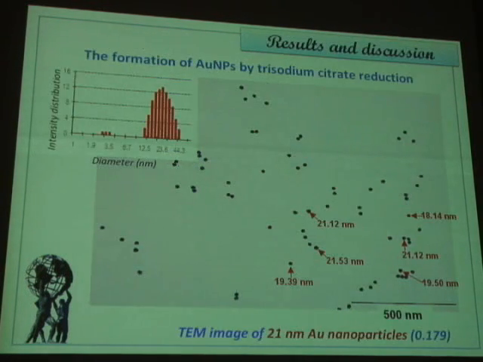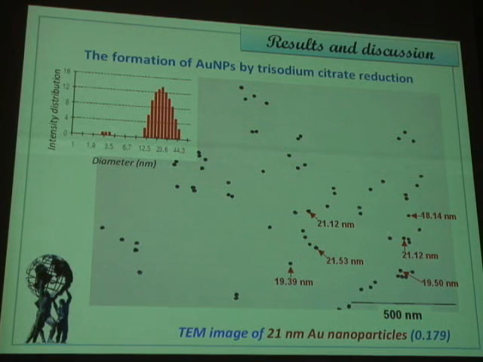Let's see the results for gold preparation. This is one way to prepare gold nanoparticles. We characterize them by TEM and DLS to know the particle size and polydispersity. In this case, we get 21 nanometer gold nanoparticles with polydispersity of